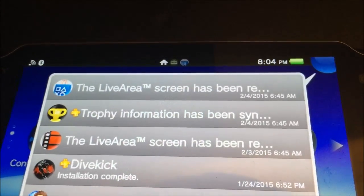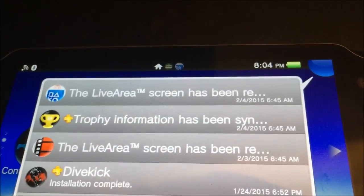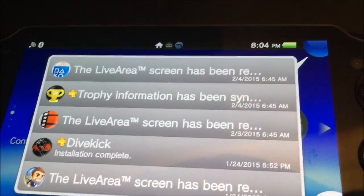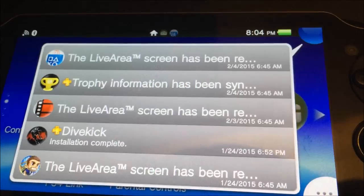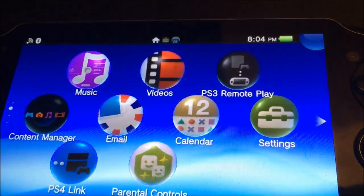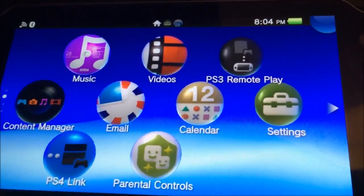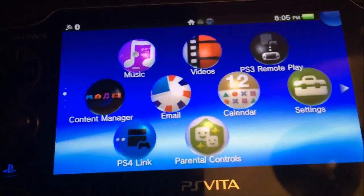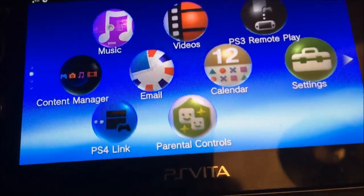I would prefer to navigate the actual interface via text-to-speech over large print and magnification in my case. So I was kind of disappointed to see that text-to-speech was not included, or at least from what I can tell, what I can find, not on the Vita. But hey, like I said, that's okay. It's a first start, and